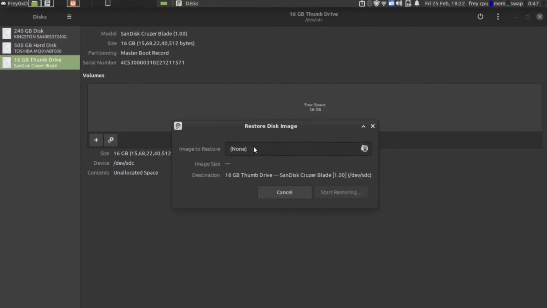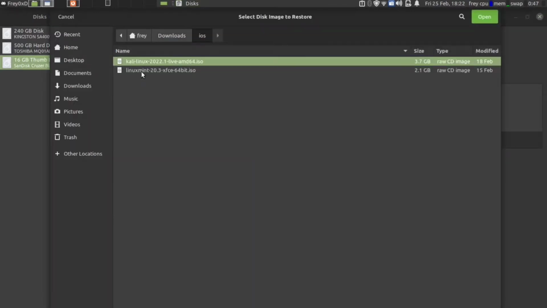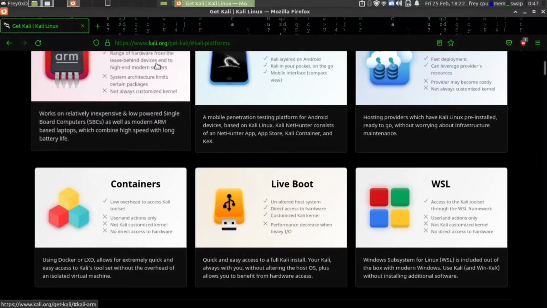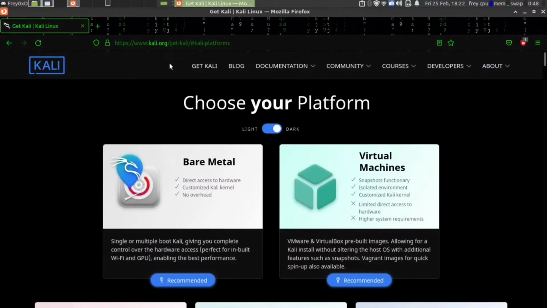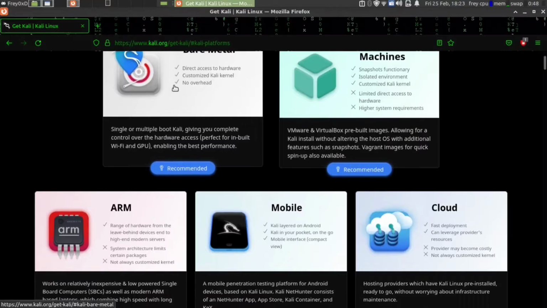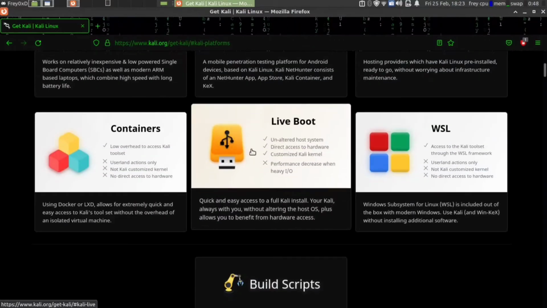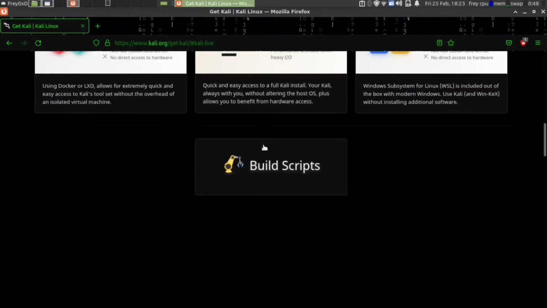Select your image in here. So okay, this is the live Kali Linux which I have selected. So let me show you how to download this one. Go to the official website kali.org, and what I'm looking for in here is live boot. So just click it, and here we go, 64.